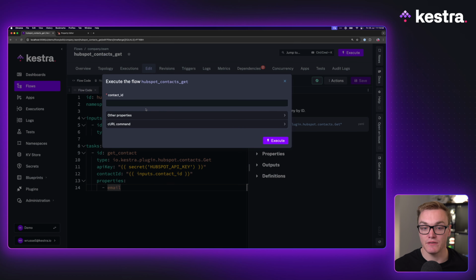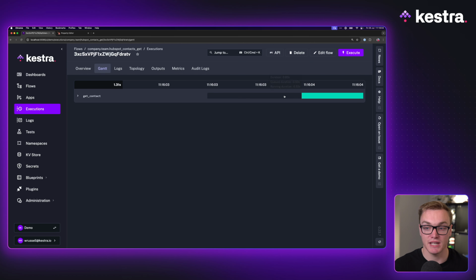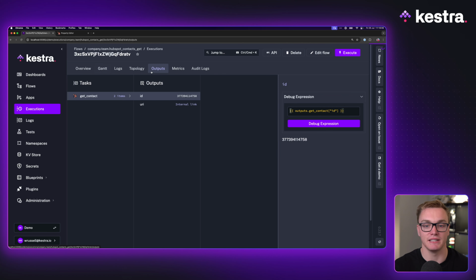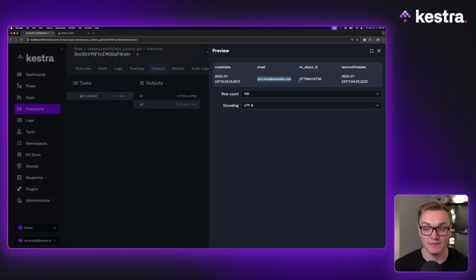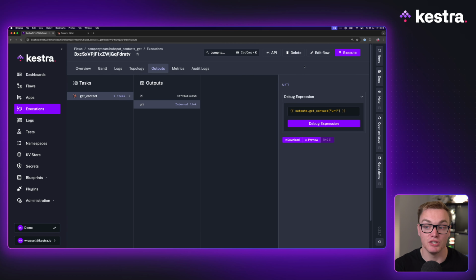So let's say you've got an example where you want to get information about a contact and then pass it over to something else. You can use Kestra to fetch that information automatically for you, and then you can use the output here, which will contain information such as that email address. So now you can take that information and pass it to a later task. Maybe you want to invite someone, use that information to send an email or contact them in some other way, you can do that